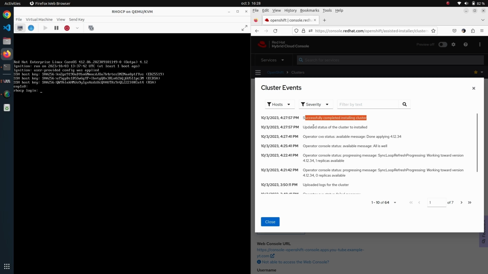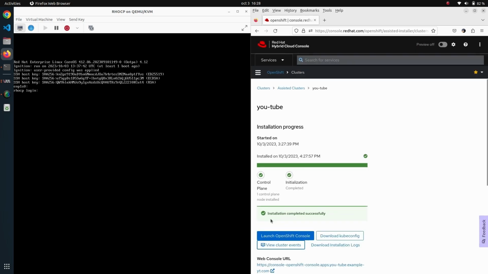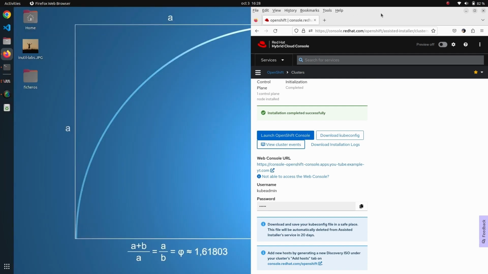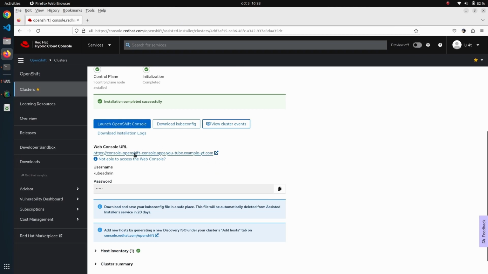And there we go. So after almost 1 hour, we reach 100% of the installation. Now, it is very easy to think that you're going to be able to access the console after waiting so much time. If you click here, you will see that we don't get access to the console. The reason is very simple. The domain does not exist, and you will need to make sure that there is a way to get access